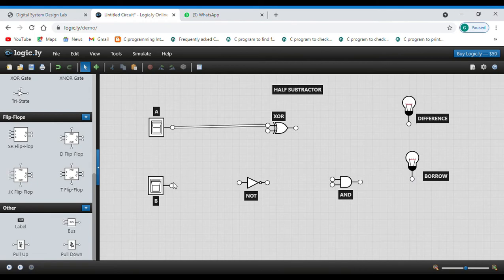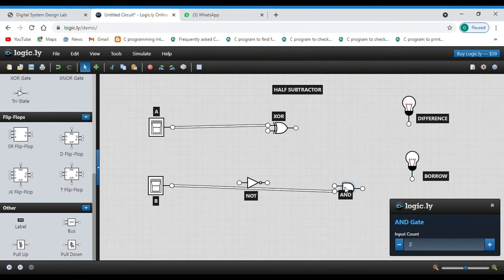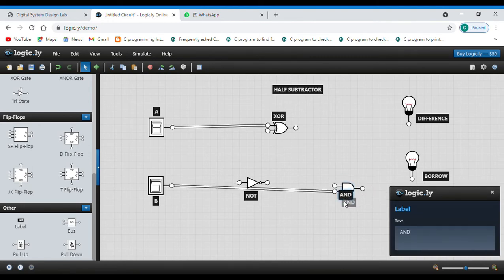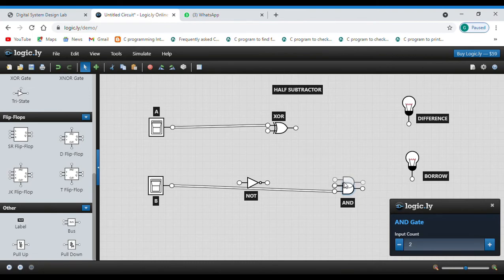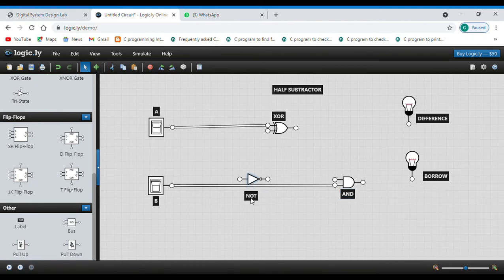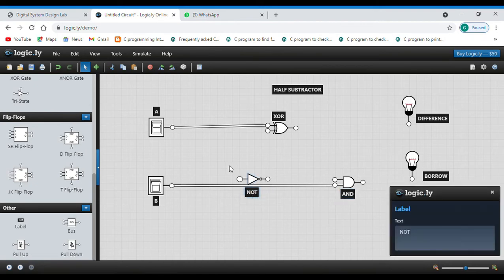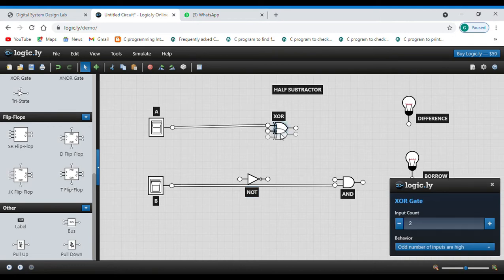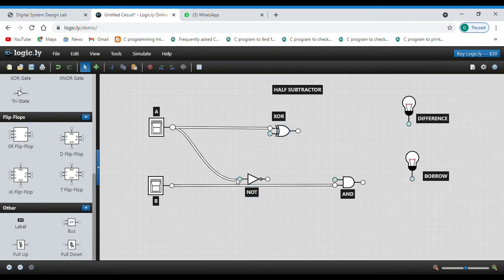Now we'll connect the A toggle switch to the XOR gate and the B toggle switch to the AND gate. Now we'll connect the A toggle switch to the NOT gate.